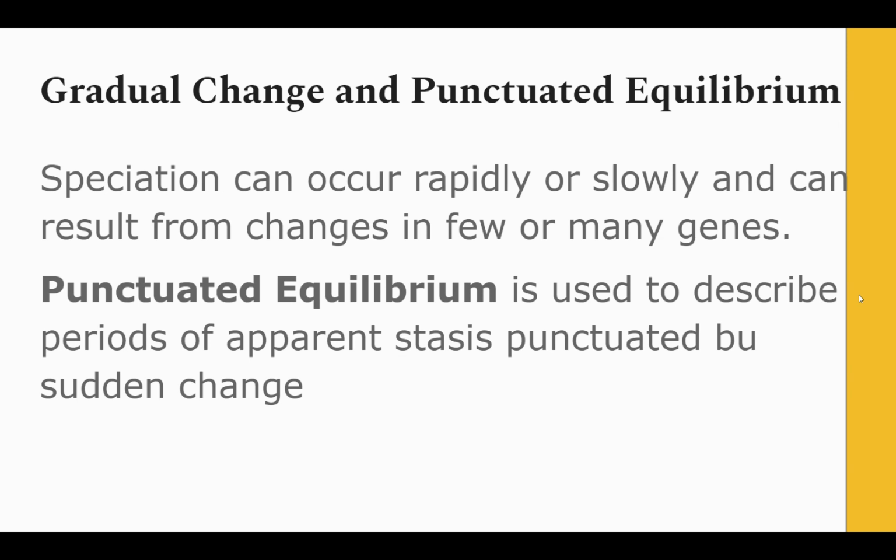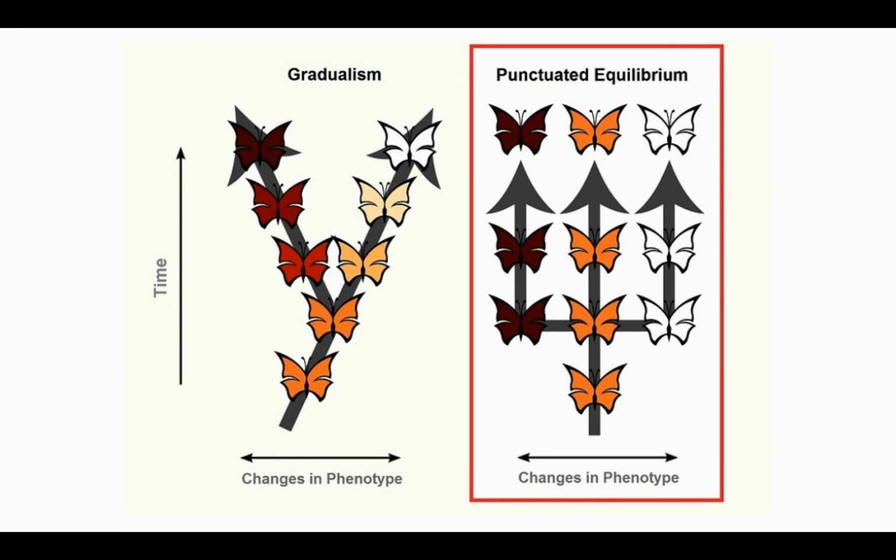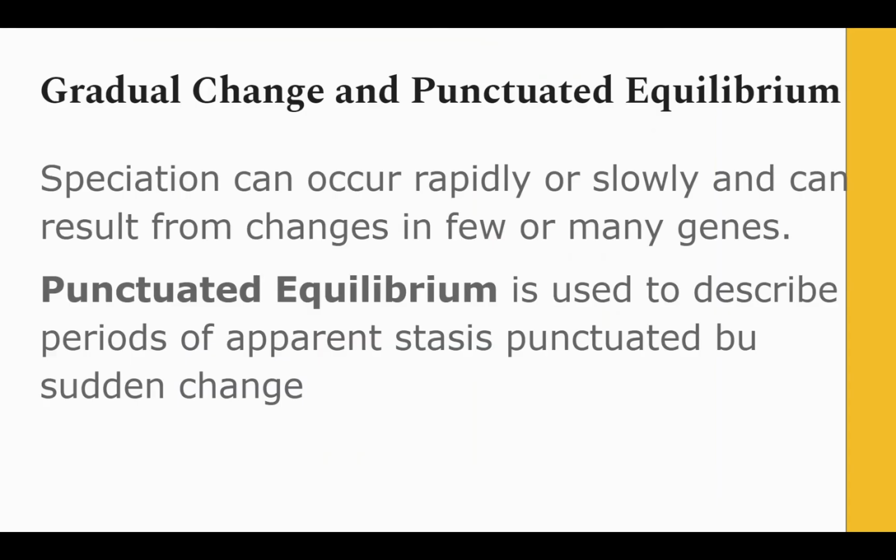So, in this theory, we have periods of stasis, or really, really stable environments, that are punctuated or dotted with sudden bouts of change. So, if we do a little chart, if this is time, because time is always on the x-axis, along the x-axis, and this is the rate of evolution,